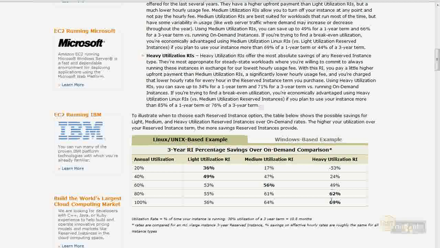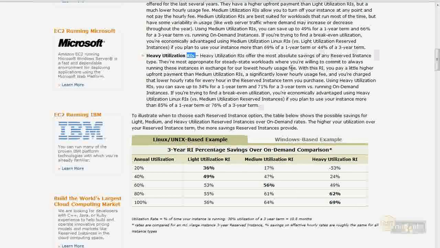If I have a heavy utilized small instance Linux server and a light utilized small instance server, they are technically running exactly the same. They can process the same, they have the same amount of memory. It's not a technical difference, it's a billing difference. As in, I'm getting the best bang for my buck if I am going to run that server 24/7 all the time to purchase a heavy utilized reserved instance.